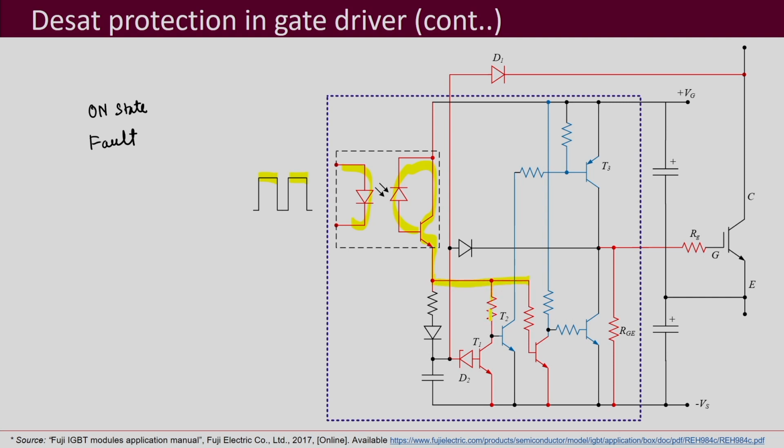So this is at high. But now what is going to happen is that this diode which was connected to this collector point, because there is a fault, this collector emitter region voltage is high enough and it is sufficient for this conduction to happen over here for this Zener diode,